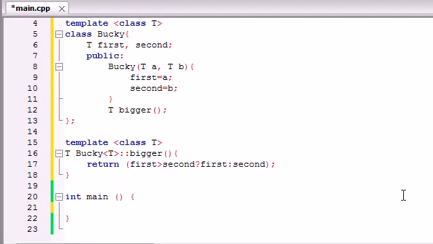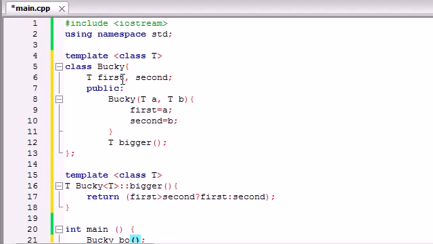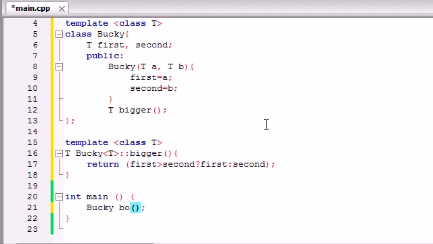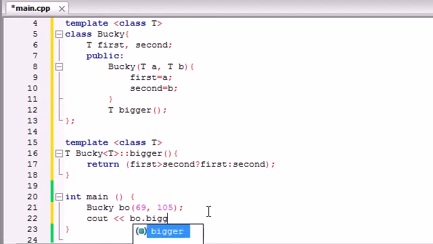So now let's go ahead and make our Bucky object and run this, and let me show you guys how it works. If you think you guys know how to do this, you don't, because there's one other little weird thing that you have to do. You go ahead and make your Bucky object just as you think you would, and since this is a constructor that takes two parameters, first and second, we need to give it its two numbers like 69 and 105. And now after this, we can go ahead and cout bo dot bigger, and remember, this bigger